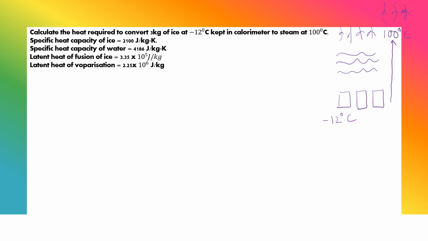So 3 stages are there. One is increasing the temperature of ice, then melting the ice, then increasing the temperature of liquid, and now the liquid is converting into the gas. So let's start with understanding how much heat is required,